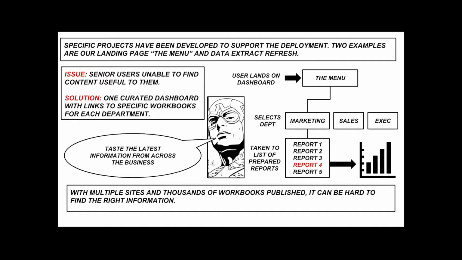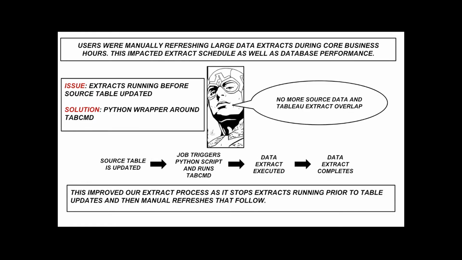One of the other issues that we found was that we have several large tables which are published as data sources. They tend to answer a lot of business questions around what's happening at a particular time. Some of these data sources focus around our order data and restaurant information at Just Eat. It gives a lot of users a view of business activity, and these core data sources are used by a lot of workbooks. We found that setting a regular extract schedule for these data sources could result in extracts running, but the source table not being finished loading yet. And this meant a lot of reports were then out of date.